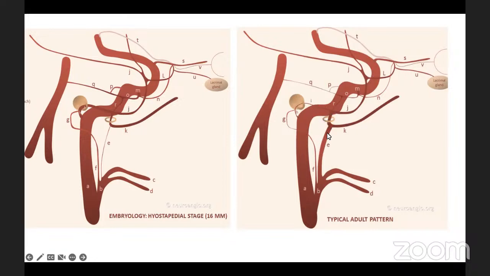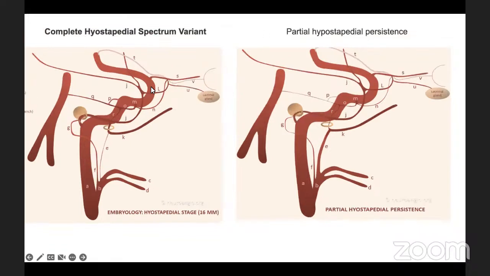And so there is a different branching system, like the ECA is supplying half of the branches, and the middle meningeal is coming from a different origin. So we'll come to that further. There are some very rare variants which are present, like one is the complete hyostapedial variant, in which